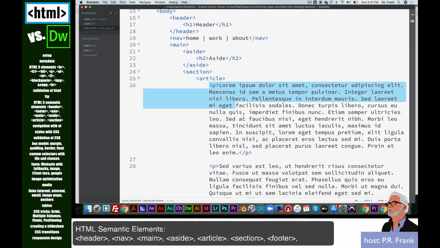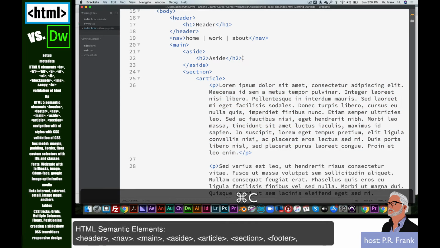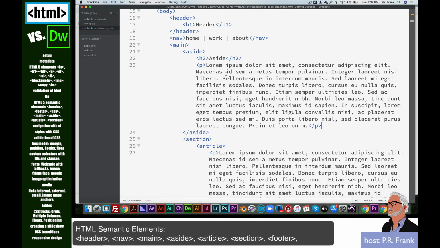But let's just take one of these paragraphs. Copy that. And underneath the H2, we've got another paragraph of text for whatever content might be inside of our aside. So we've got an aside, a section with an article in it,